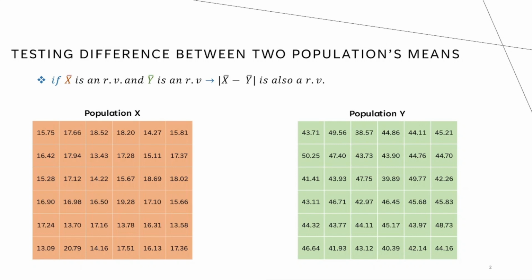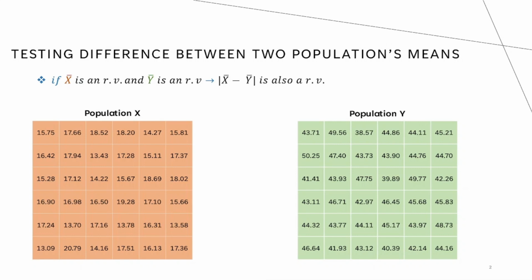Individual populations will have their own sample mean distribution, and the comparison, therefore, of the populations will also be a random variable. So I made some populations in R. So you found a way to create matrices that are full of randomly constructed values. However, they have a predetermined mean and standard deviation,